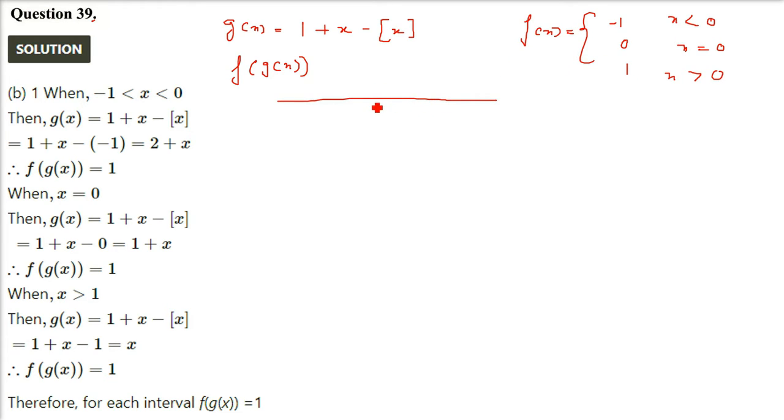So we have to divide this answer or the solution into 3 parts. First we'll take x as 0. Then we'll go to the left hand side where x is less than 0. Then we'll take x as greater than 0. These 3 parts we will take, and that is for f x. But we have to see g x also, how it varies in these 3 partitions or in these 3 intervals.